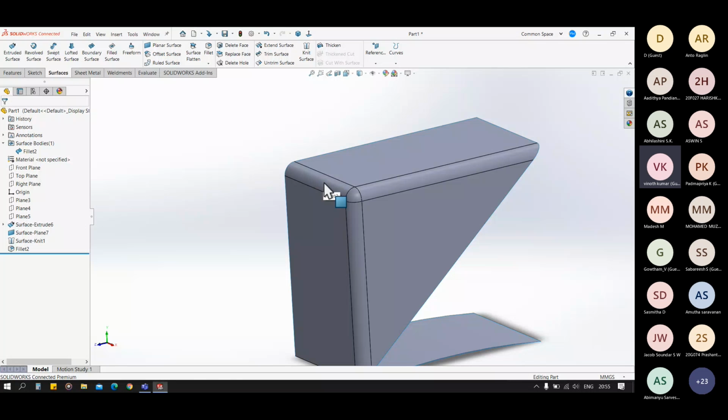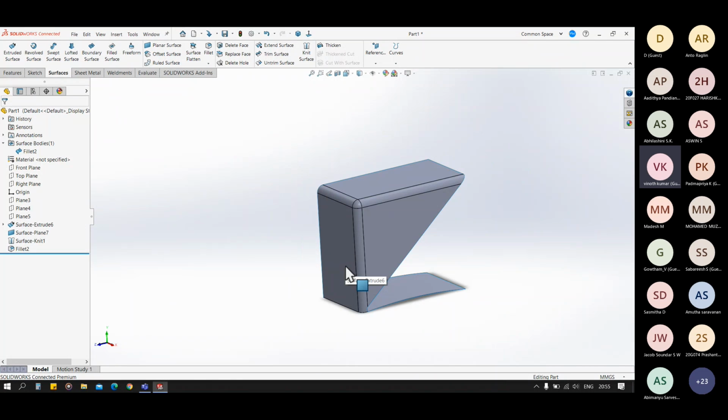So guys, ask me any doubt in the planar, offset, ruled, surface flat, fillet, in the knit surface.